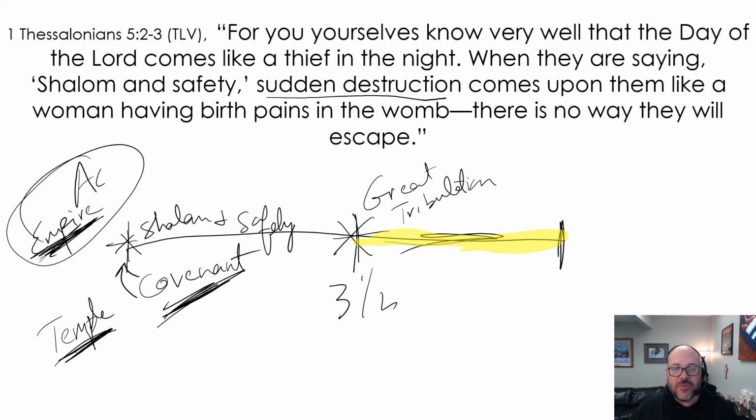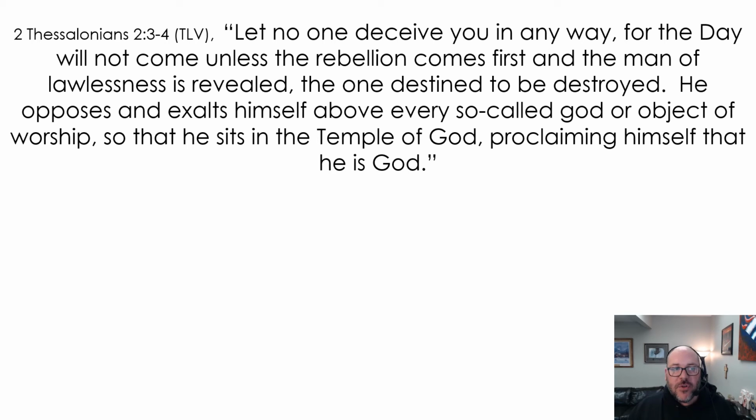Now, one other thing that Paul says, 2 Thessalonians chapter 2, verses 3 and 4: let no one deceive you in any way. For the day, what is the day? It's the day of the Lord's return. It will not come unless the rebellion comes first. What is the rebellion? The rebellion is the apostasy, the becoming an apostate, turning my back on Jesus. If you turn your back on Jesus, you are an apostate. You are committing apostasy. It will not happen until many fall away, until the rebellion comes first,